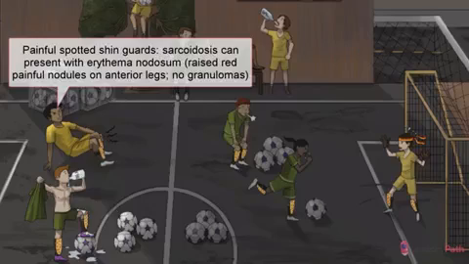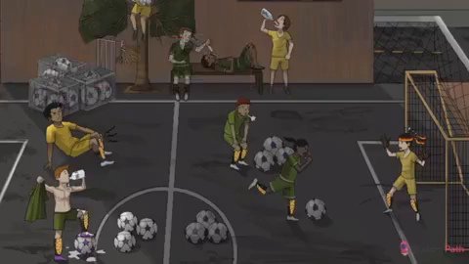And, you know, I said no rules in street soccer, but that doesn't mean absolutely no rules. We're not savages. So let's don those shin guards, people. It's the perfect way to depict the red, raised spots of erythema nodosum, right on the anterior aspect of the legs. Okay, I know. Ari and Robin over here just loves to flop and grab that shin guard. Just perfect injury faking technique. But he's not faking it this time, my friends.